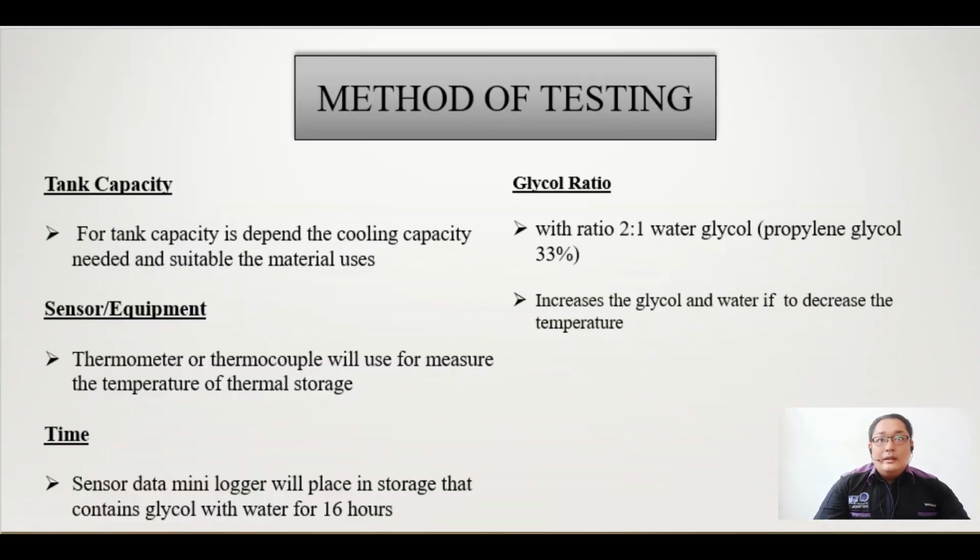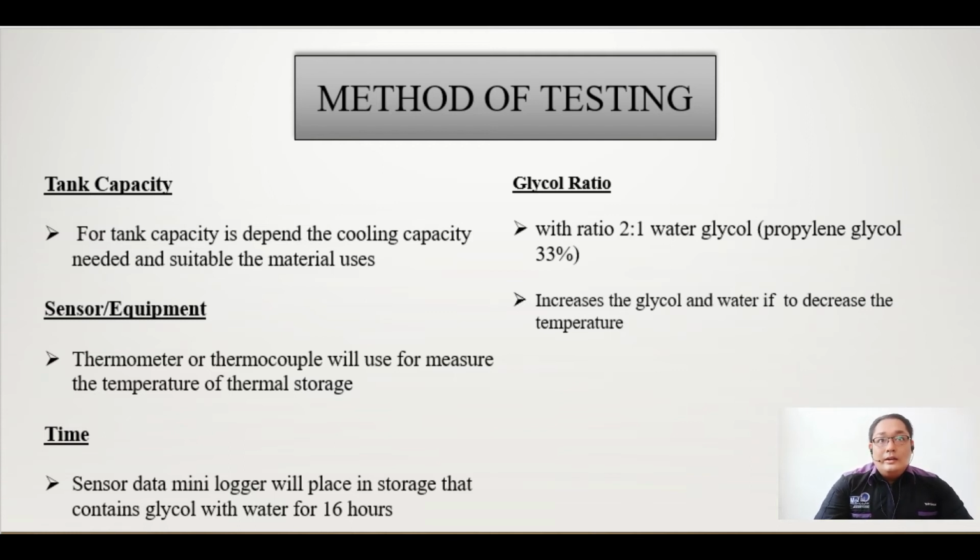In this experiment, we involve 10 capacity sensor equipment which is used to measure the temperature of the thermal storage. The sensor data logger is placed in a storage that contains glycol or 100% water for 16 hours. The glycol ratio is 2/1 water to glycol. Before we start the real experiment, which runs for 16 hours,